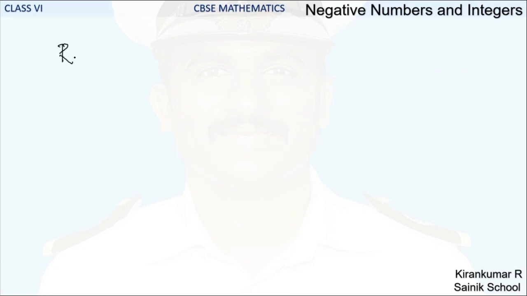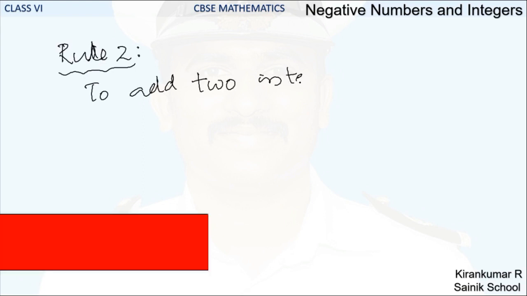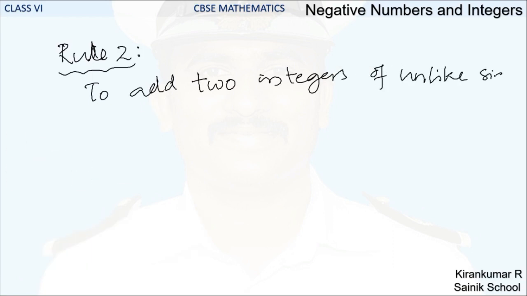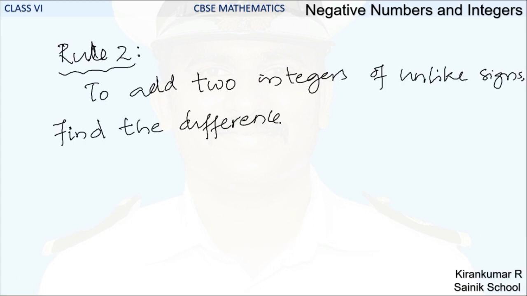The rule 2 is to add two integers of unlike sign. As I mentioned in the previous session, unlike refers to two different integers, a positive and a negative. We need to find the difference of their absolute values